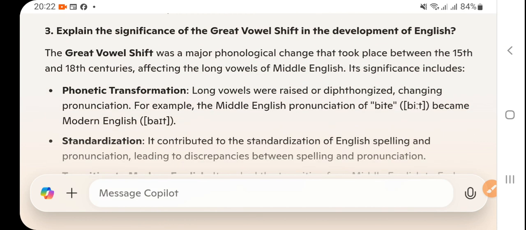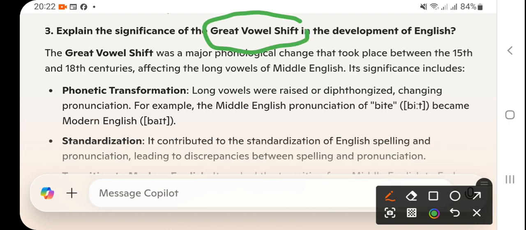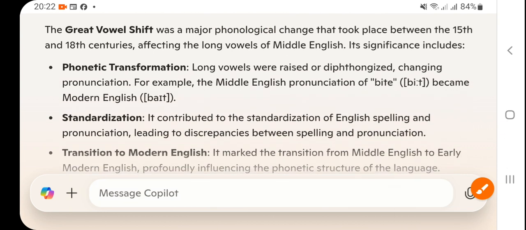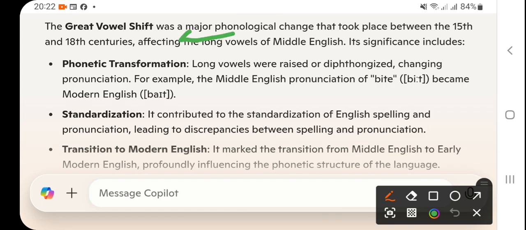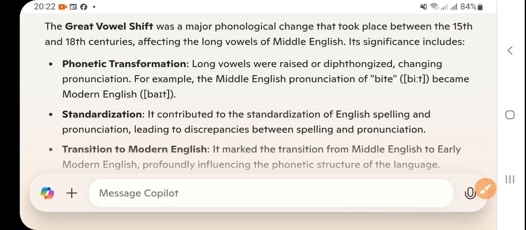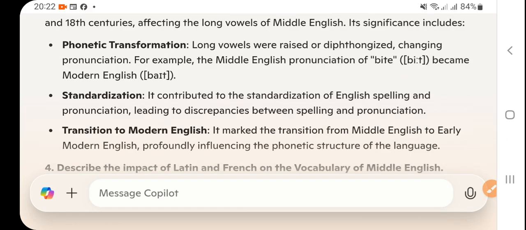Okay, now the next question is: explain the significance of the Great Vowel Shift, right? Very important, the Great Vowel Shift in the development of English. So the Great Vowel Shift was a major phonological change. We had already discussed this major phonological change that took place between the 15th and 18th century, affecting long vowels of Middle English. Its significance includes phonetic transformation. Long vowels were raised or